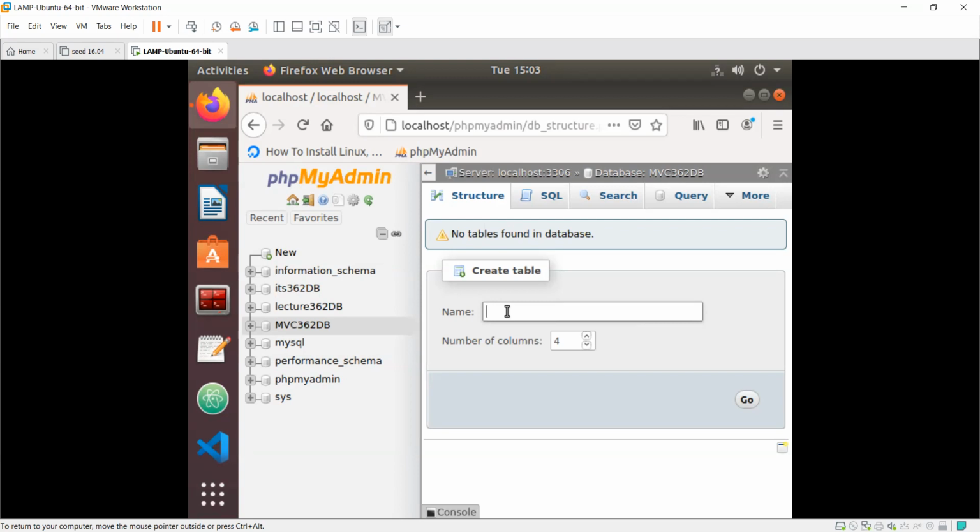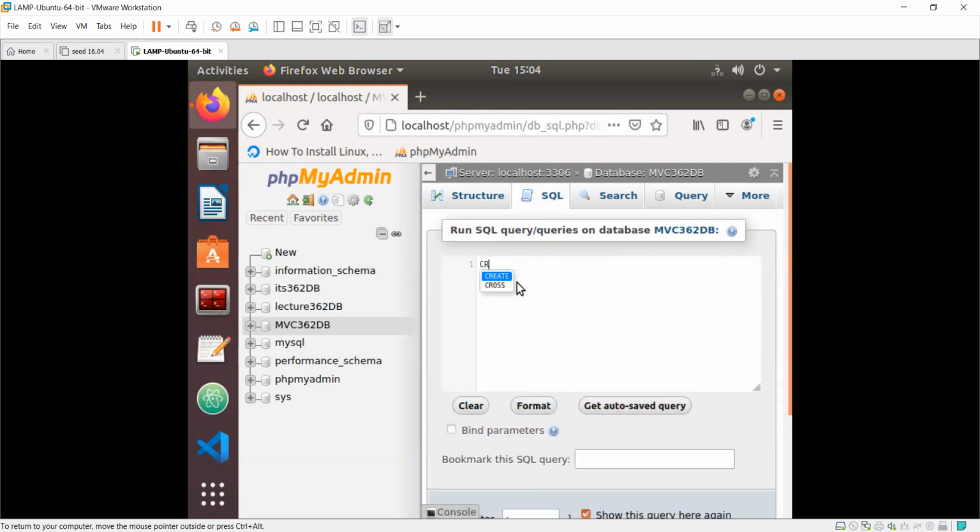So let's think about what we need. We need a table called users. It'll have a unique ID. It'll have type of user probably. It'll have username, email, the password, first name, last name. We could have more things, of course, but let's just try that. All right, so I'm going to go to the query here,